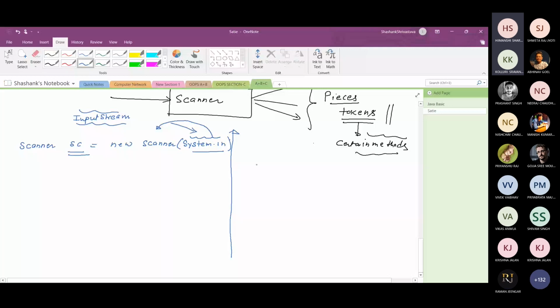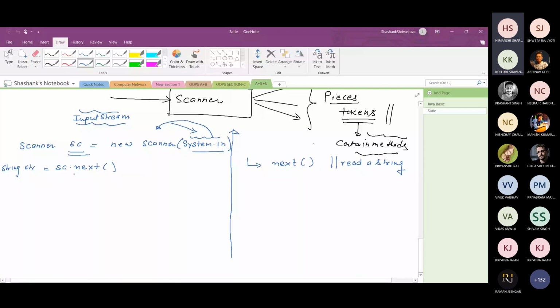The first method is next. It is used to read a string. Like this: sc.next. Store this in a string: String str = sc.next.